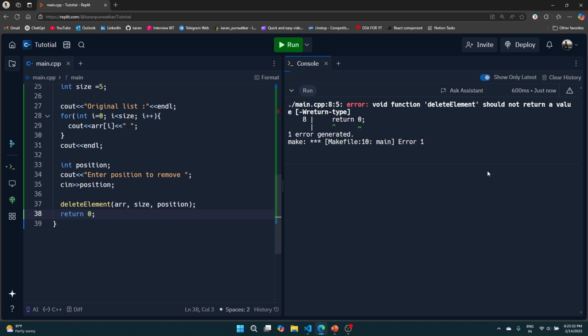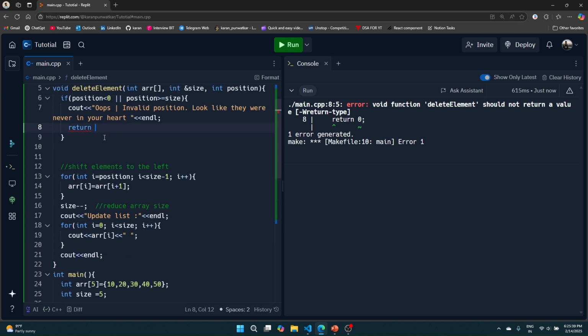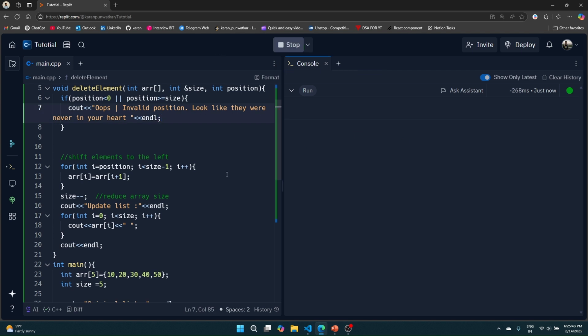Okay, so let's run again. We should have a void function; delete element should not return a value. So we do not want to write return 0 here. So let's run the code, and yeah, we get the output. So now we have to just enter the position, that is the index, and it starts from 0 and not from 1. So I write 1, that means the value 20. So let's check, and yeah, our list is updated, it removed 20,